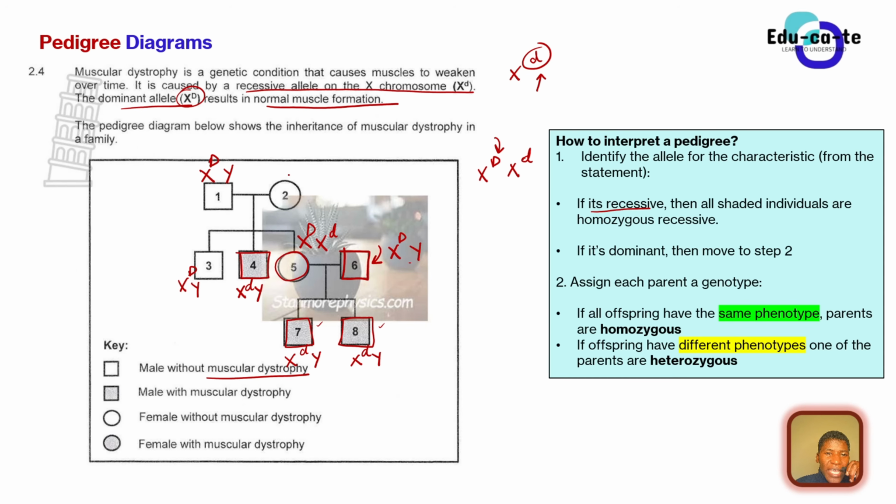But looking at individual 2, it's an XX, of course, it's a female. If you look at individual 4, which is the son of individual 2, so individual 2 is actually the mother to individual 4. Individual 4 has got the condition, meaning that he has the recessive allele, X with a small letter d. The only way that he could have gotten this is from the mother. The mother is normal, though, because she's not shaded. So the mother must be a carrier female, a normal female that has got the recessive allele, but it doesn't show.